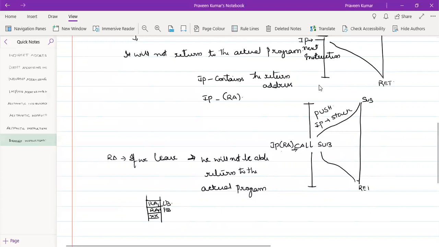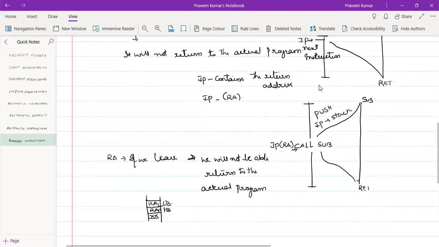So by doing this, MUPI has secured the return address into the stack. Now very simply, it will put the subroutine address into the IP and go to the subroutine and start executing the subroutine sequentially by incrementing the IP. The moment it sees a return, now what does return say?